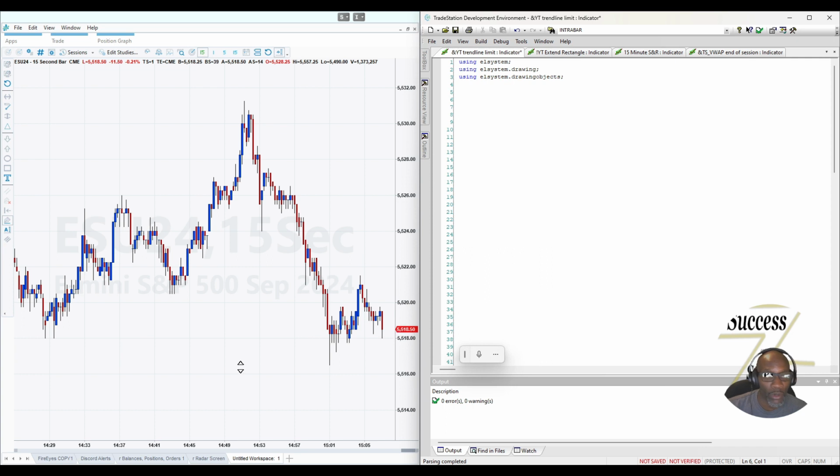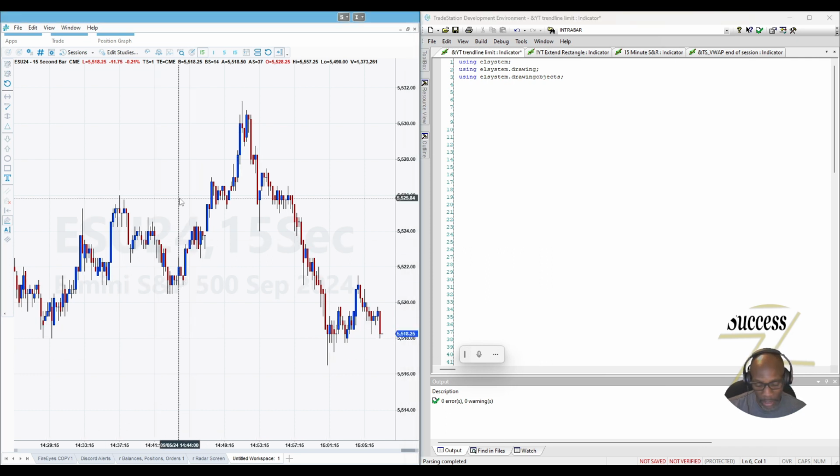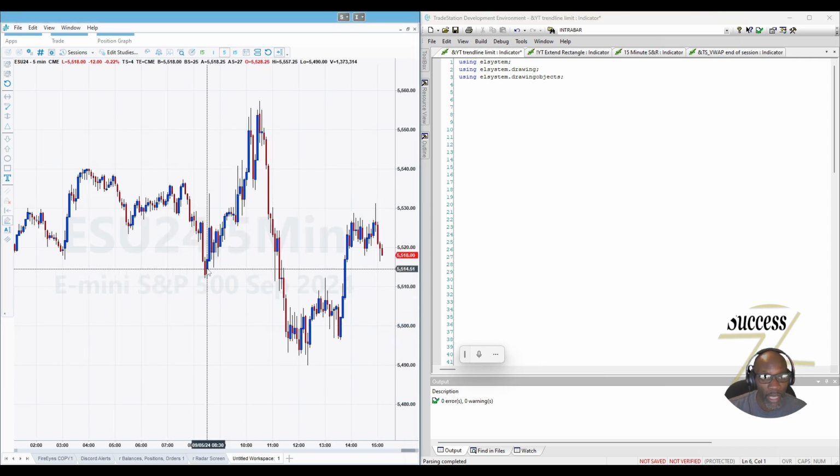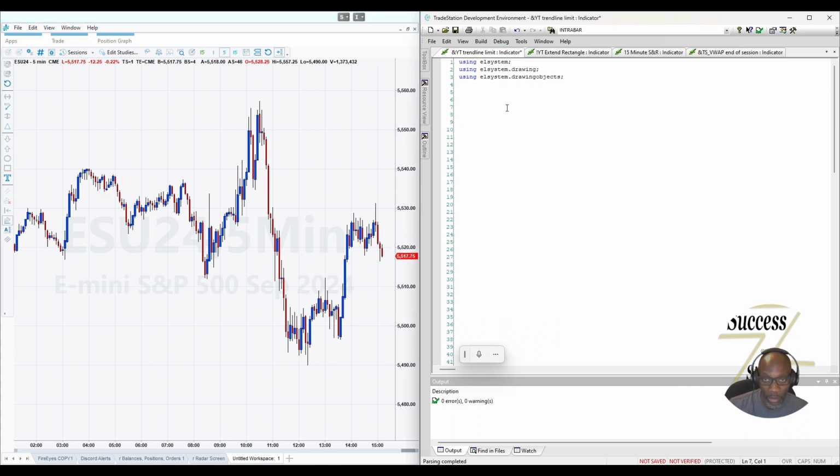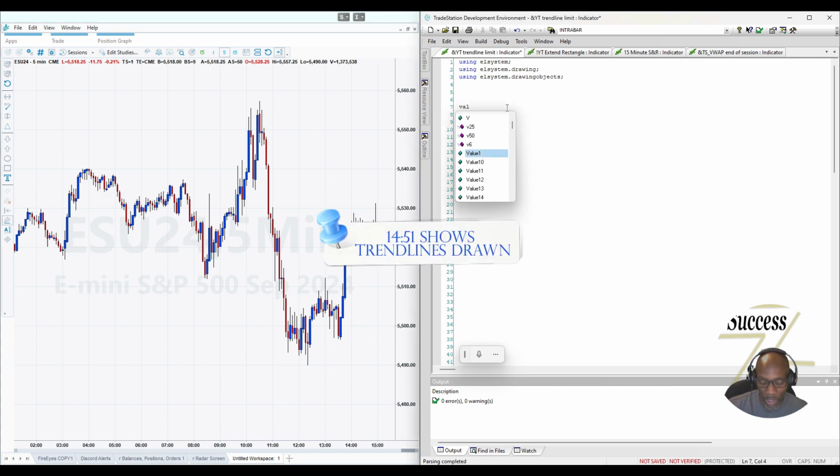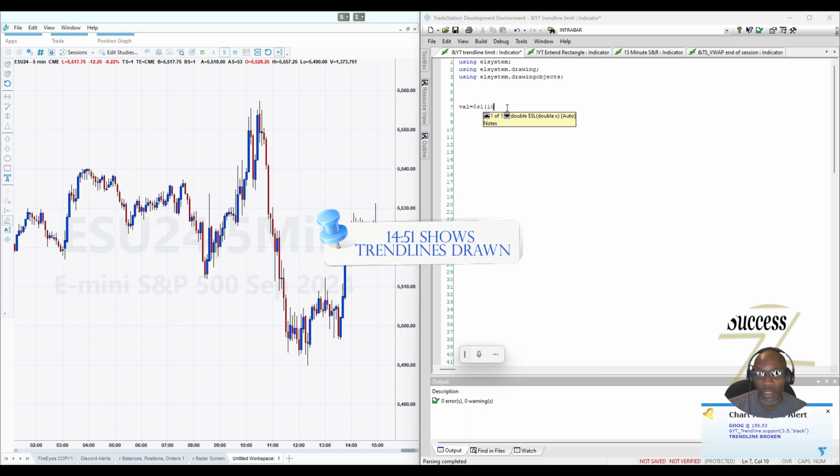The first thing we'll do is find two data points. We'll call val1 equal to swing low, an indicator that I made, with 10 points, and we'll say if val1 is greater than 0,